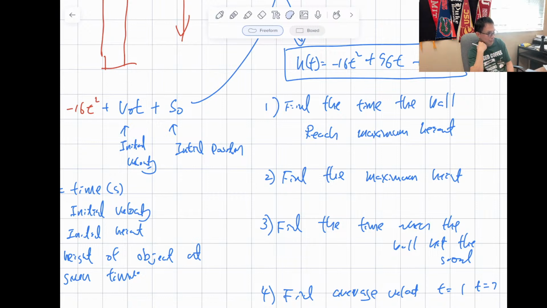You got what? 544 to find the maximum height? Did you find the time? Yeah. 3 seconds? Right, 3 seconds. Maybe she's going to add. What is max height? Yeah. 96 and